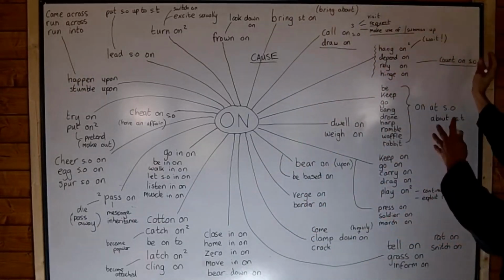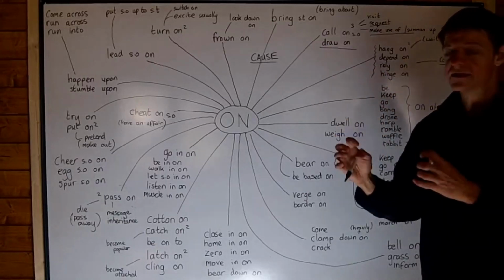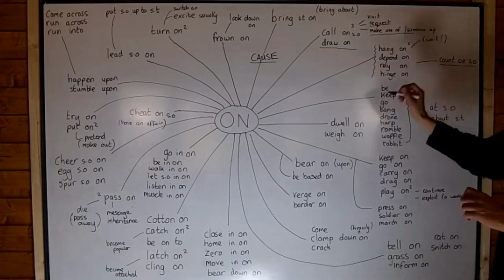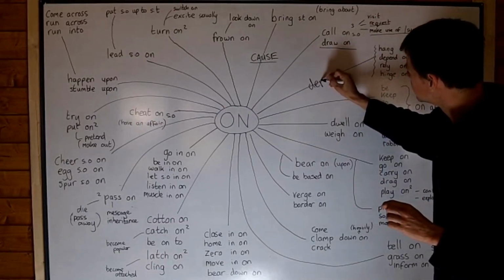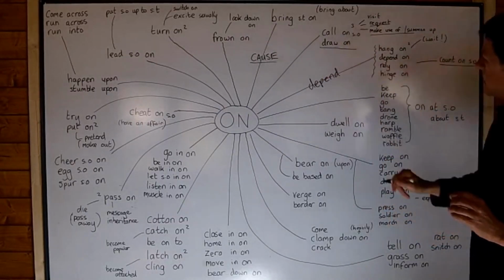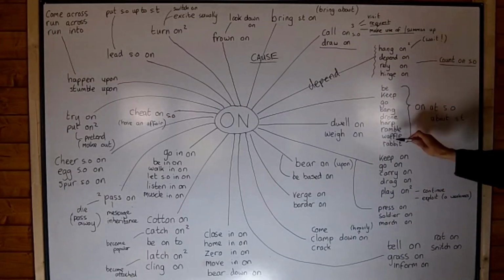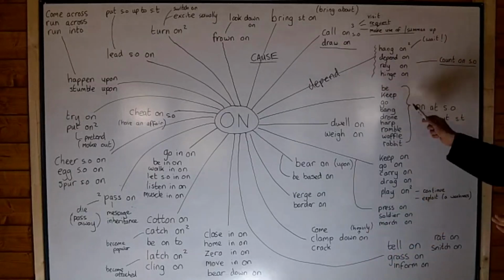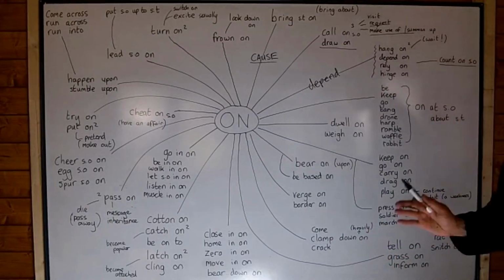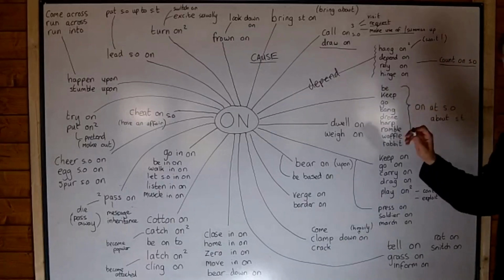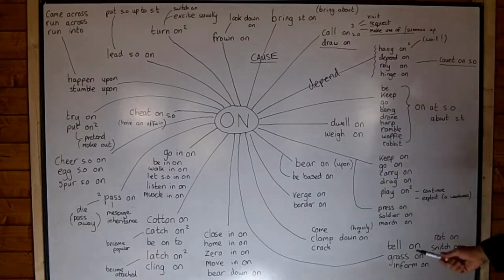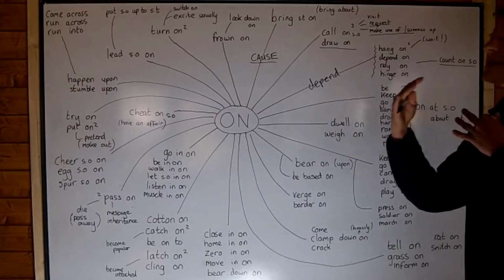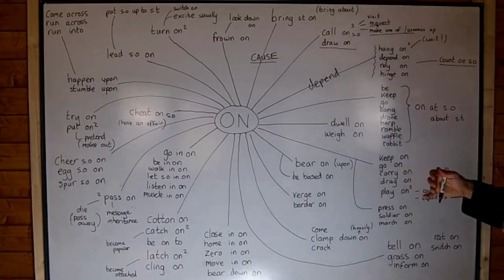So I'm trying to put them in groups so that you can bring them together and remember them as groups. So all of these refer to some kind of dependency. It's about depending. All of these ones are phrasal verbs with talking, and I have banged on about these phrasal verbs many times, and it's because they're really common. They're really often used. So if you are on at someone about something, it means you keep mentioning it, and